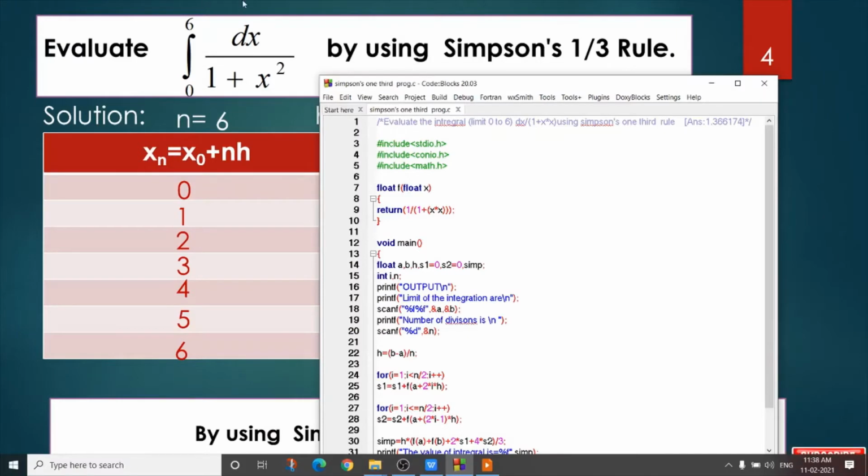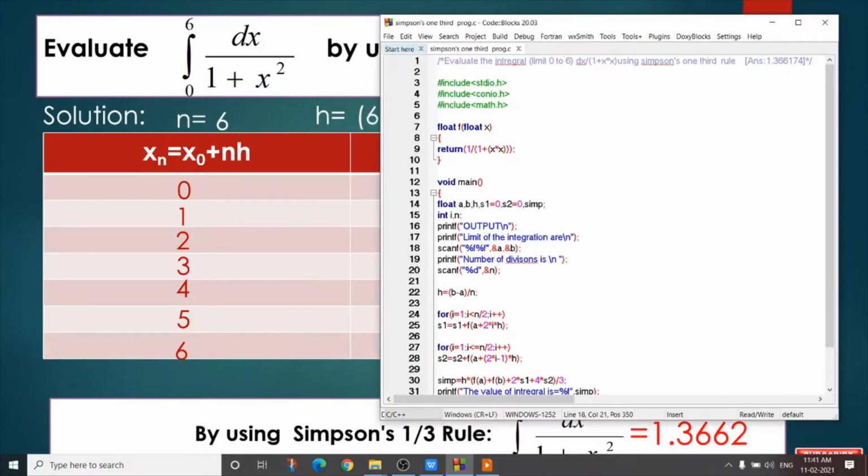So the problem is integrate 0 to 6, 1 by 1 plus x square dx by Simpson's one-third rule. So I declare one function f where the argument is float and the return type is also float, and I write the problem 1 by 1 plus x square. So this function returns the 1 by 1 plus x square value, which is a float type value.